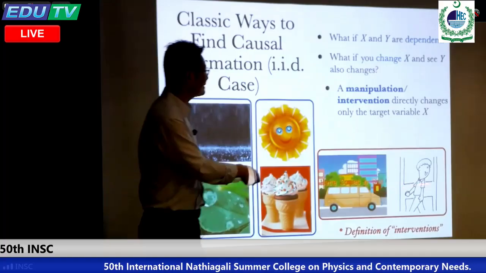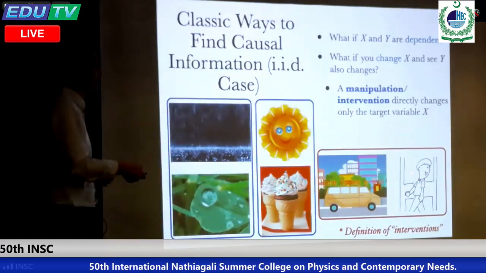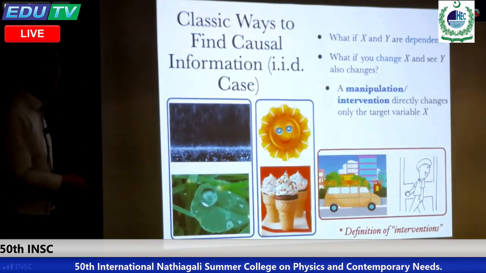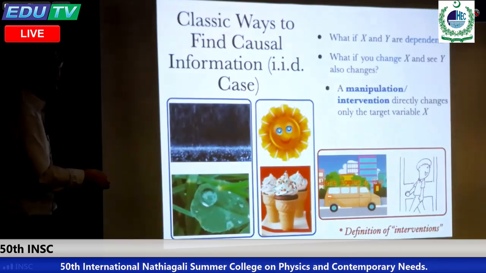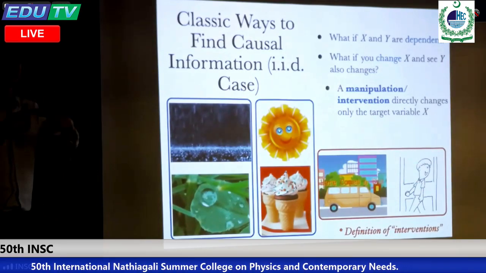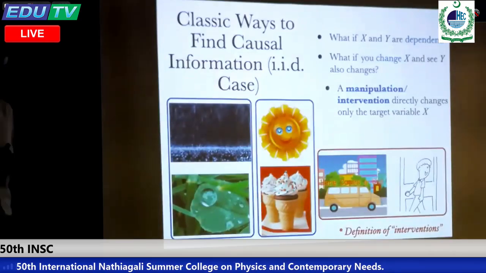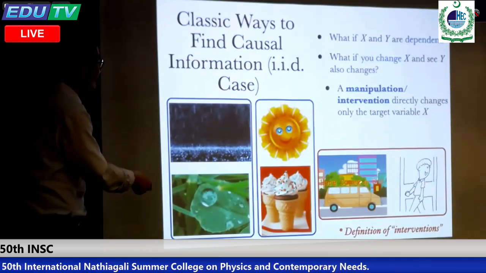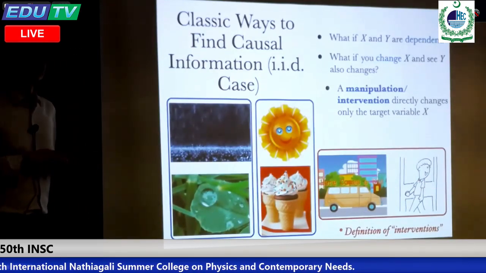Let's look at this example. Suppose I go to work by bus around 8:30. I'm leaving home, and at the same time, the bus is coming. So there's a very high correlation, right? Is there a causal inference in between? Do you think one of them is the cause of the other?